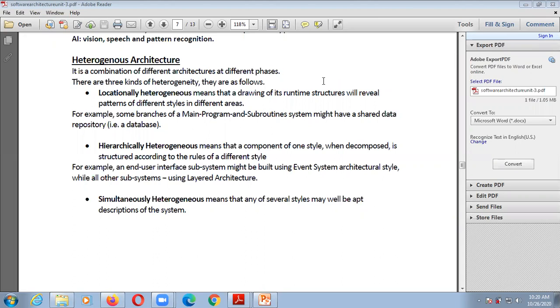It means that any of several styles may be an apt description of the system. Whenever changes happen simultaneously, we draw this architecture using the description of that system, based on their changes. This is the heterogeneous architecture.